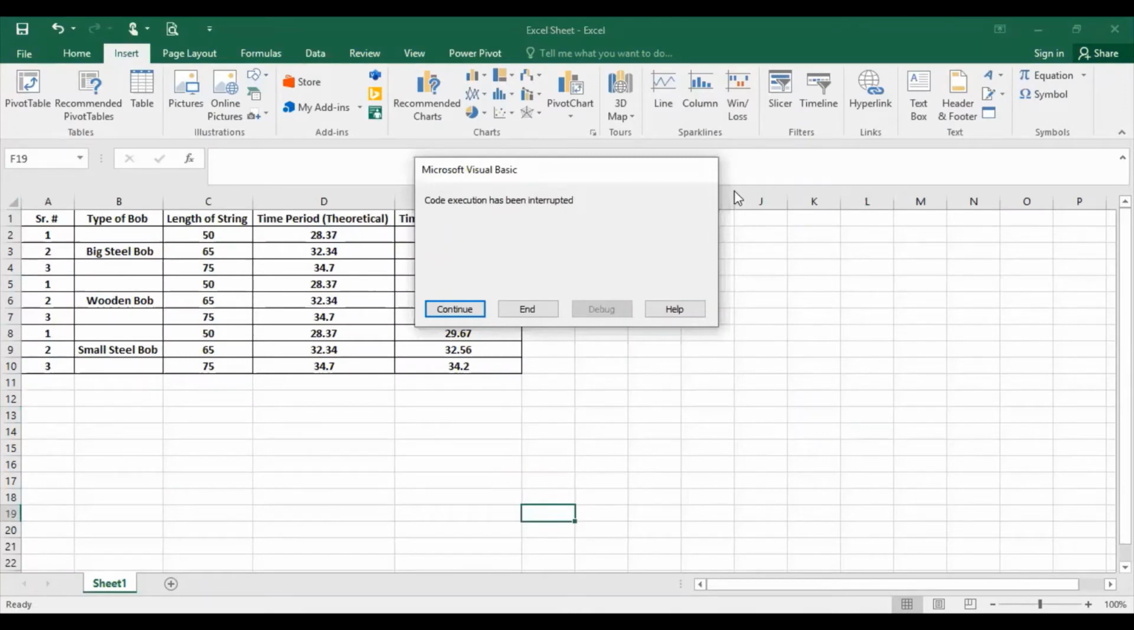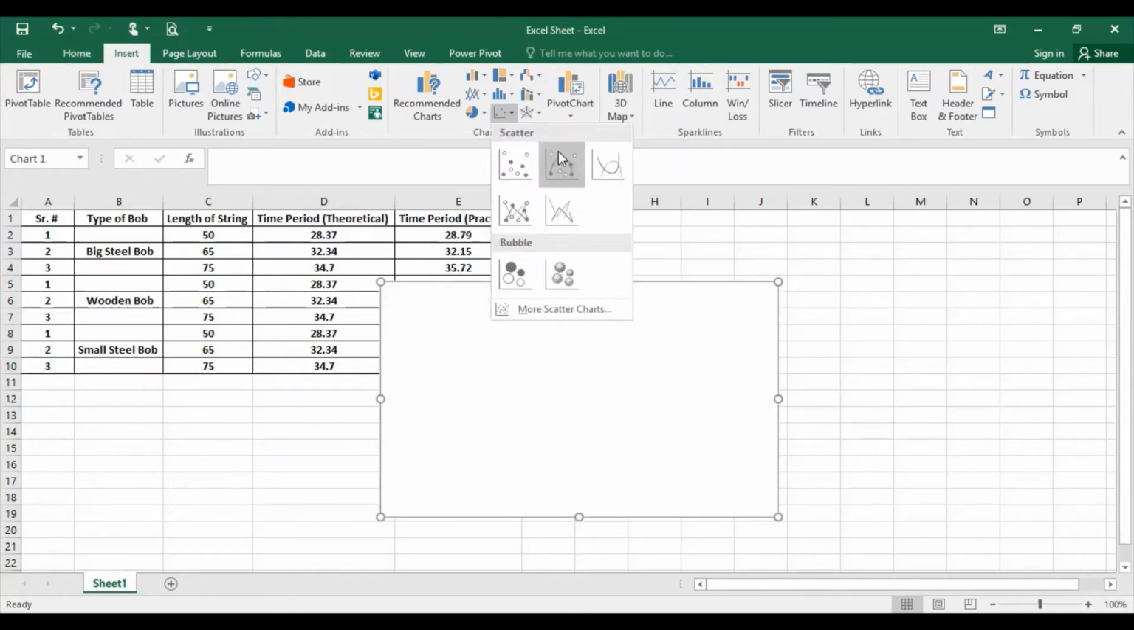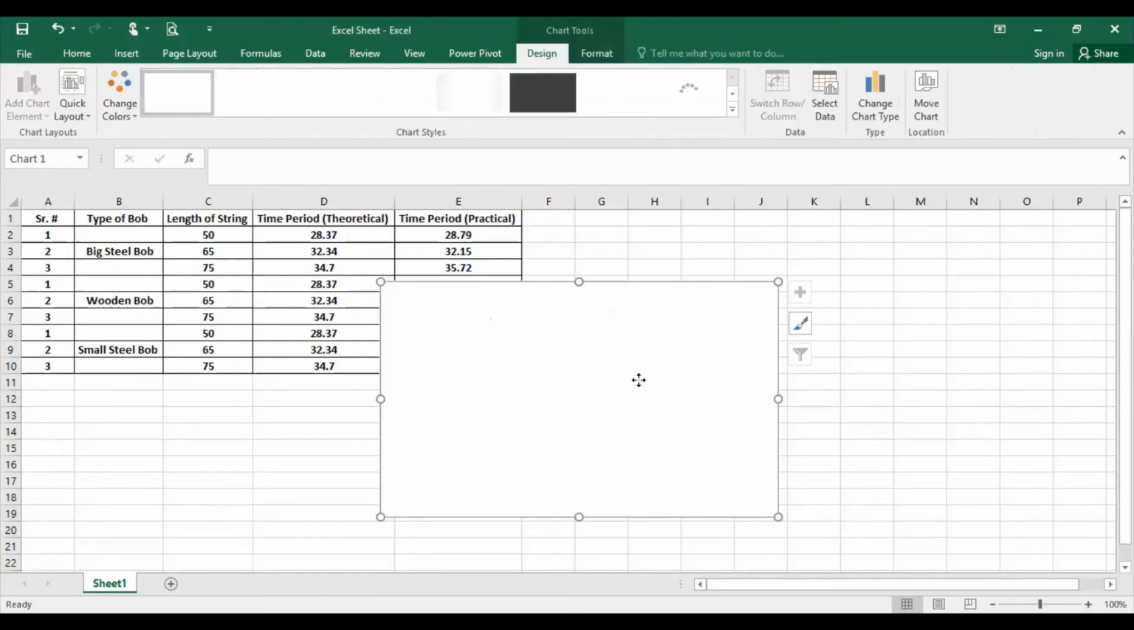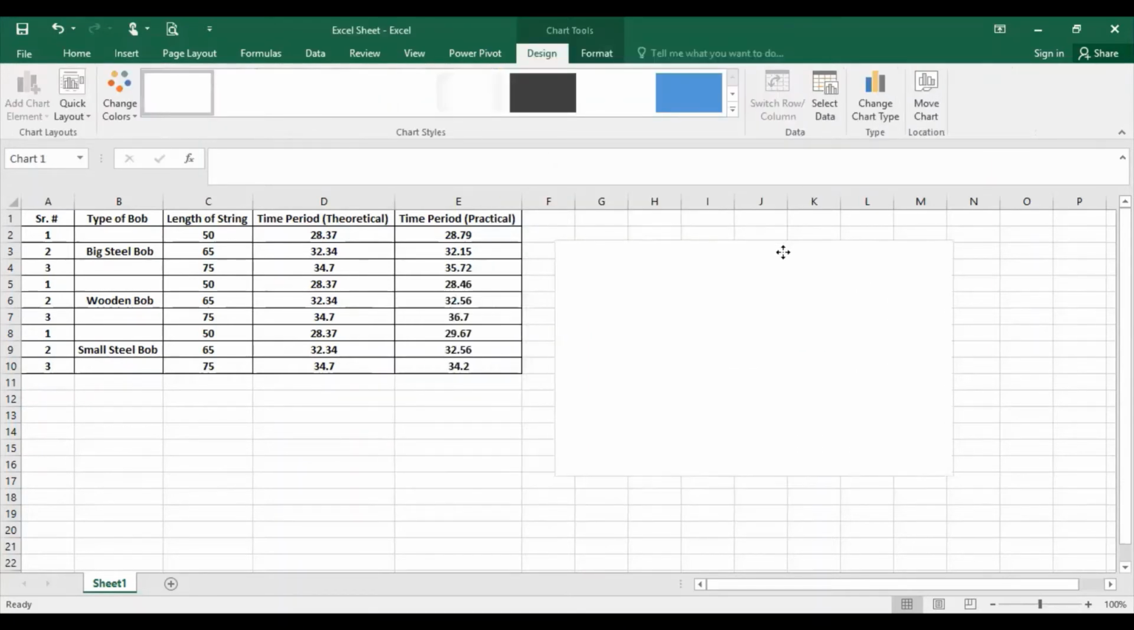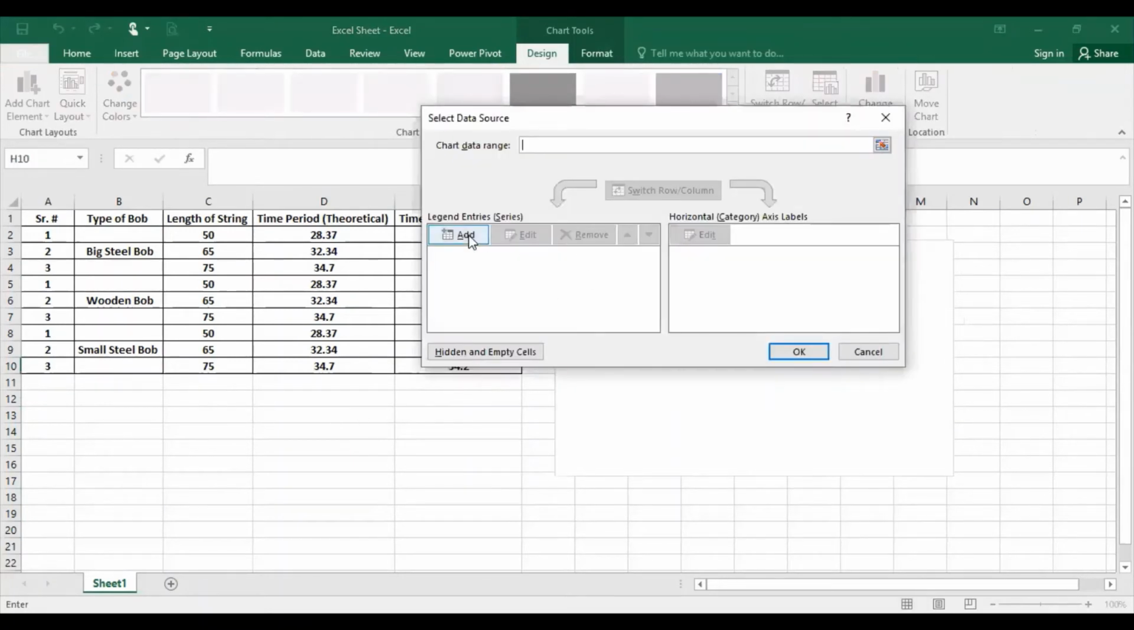Now what we have to do over here, we have to insert the graph where we have taken the readings. I am going to construct the graph for the simple pendulum, and I am going to select scatter with smooth lines and markers, and I have to select the data for this. So how can I go with it? Select data option, and then I have to